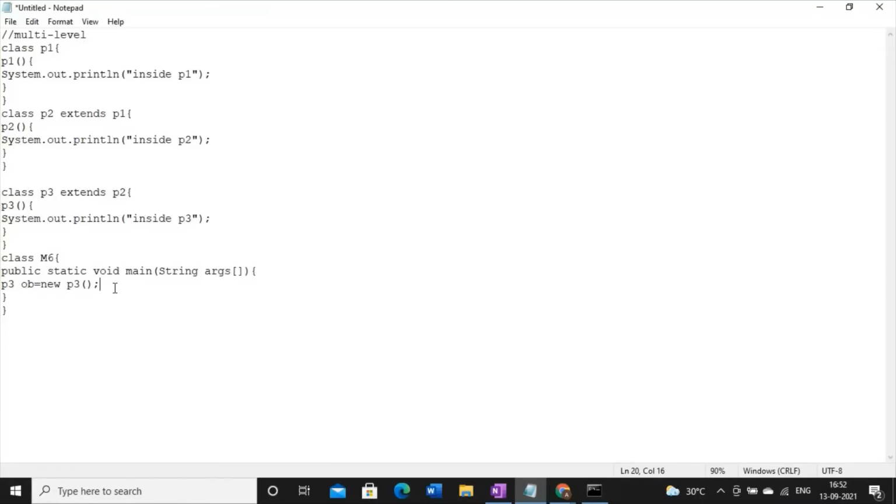Now try to understand. Here the question is, what should be the output of this code? Whenever you are calling P3, you are basically calling this constructor. So the P3 constructor will be invoked first, so the order of the output should be inside P3, then inside P2, then inside P1. This is the trickiest question, because if you use your logic, I am invoking P3, which means this constructor, so this should come first, right? But see the output.